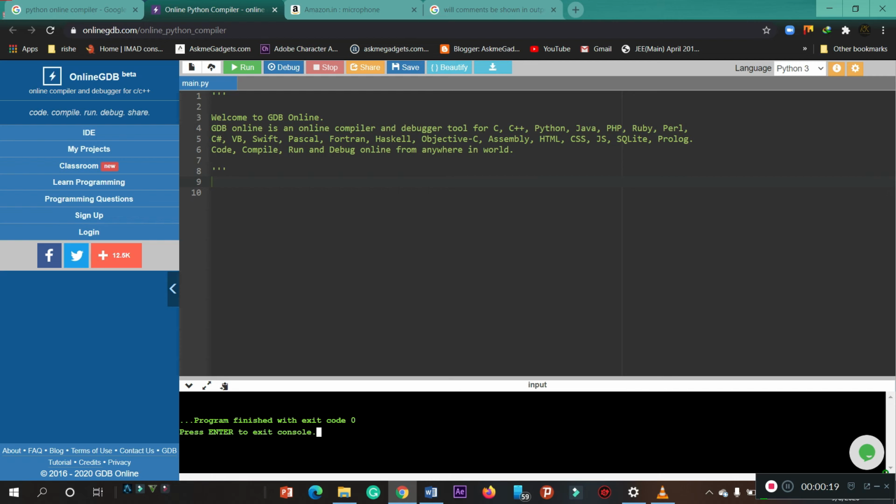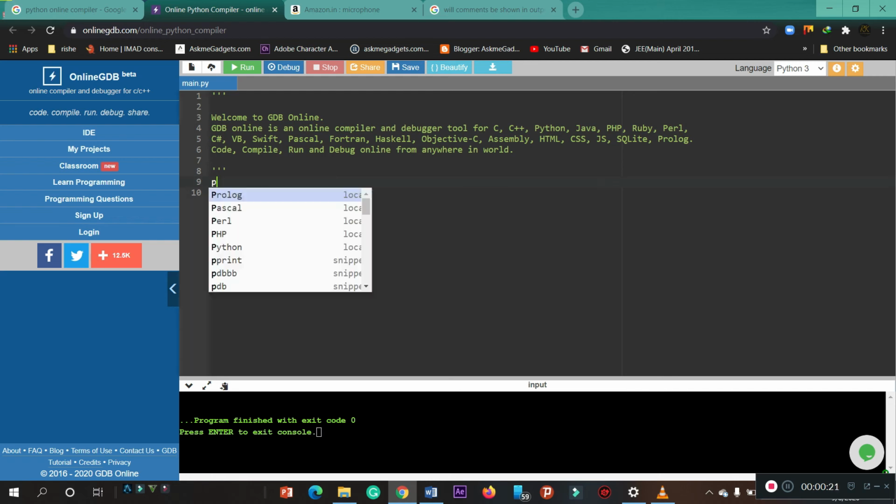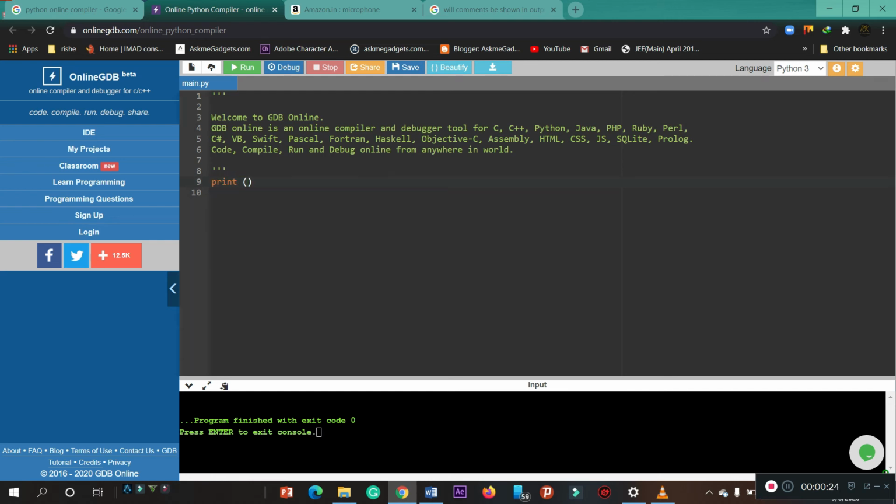Now let's go for a print function first. Print hello world. Then now let's add a comment. I use a hashtag. This is a print function. But the main important thing is the comment won't be shown in the output. The people who have access to the main part of the program will be able to read it, because comments are used to identify the parts of the program. See guys, it just prints hello world.